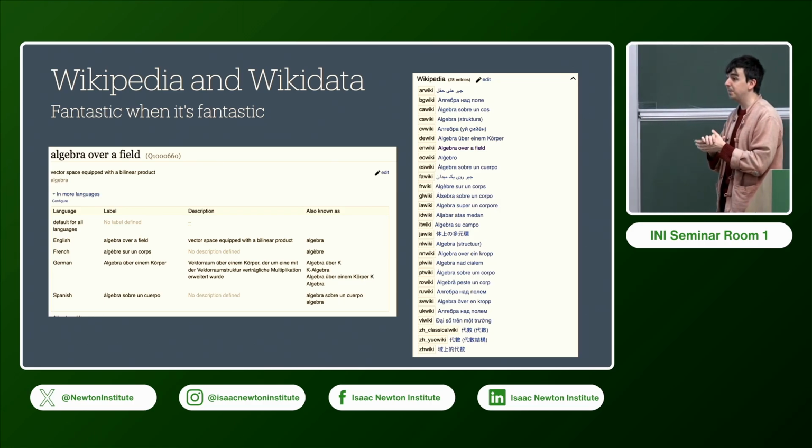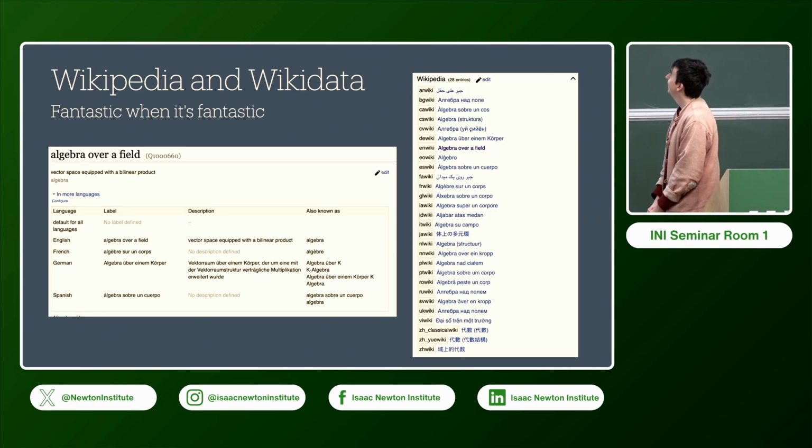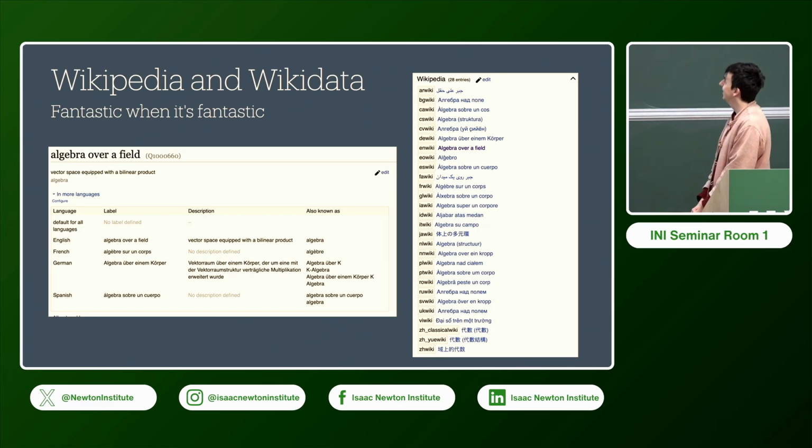Yes? It so happens that I'm working on Chinese, and I don't understand why there are 2 entries for Chinese, but the first one is completely misleading because it simply says algebra. Okay. So I don't know why there are parentheses, because what is in the parentheses? Algebra. Yeah, it's exactly the same as the thing before it. And there is no disambiguation, it's just algebra. Exactly. Yes, that's true.